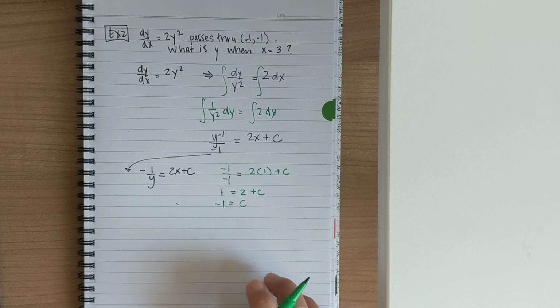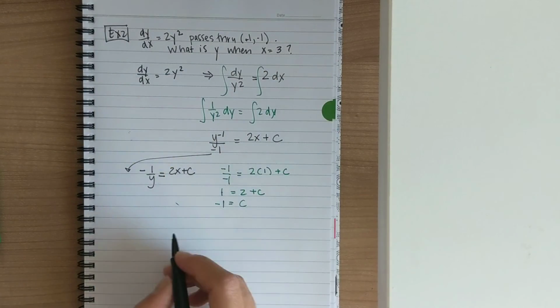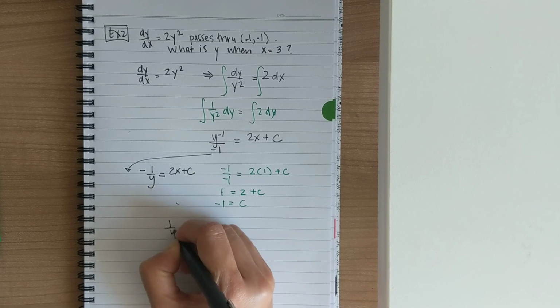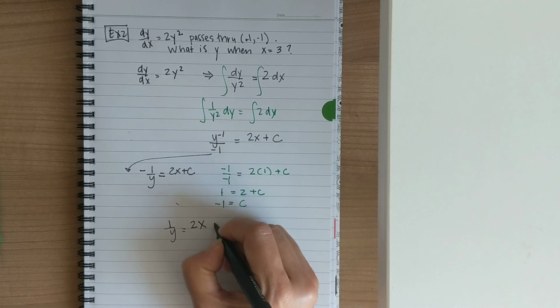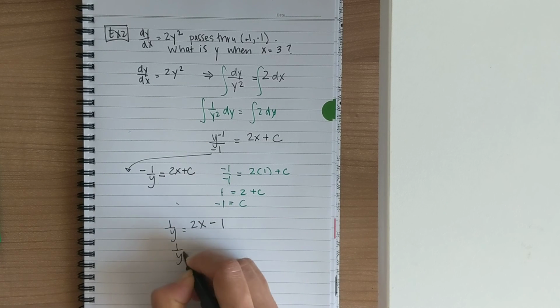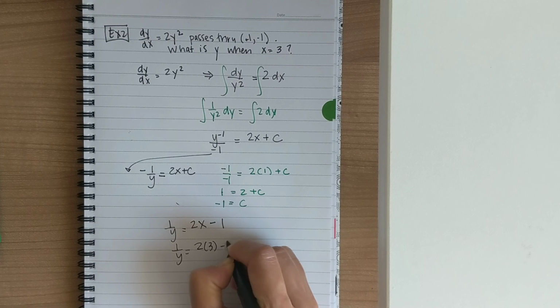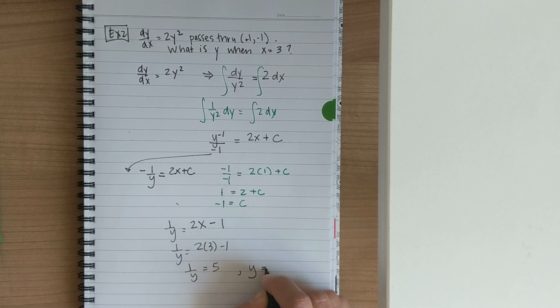So now, what is y when x equals 3? When I plug in x equals 3, I get 1 over y equals 2x minus 1, because c is now minus 1. So when I plug in 3, I get 1 over y equals 6 minus 1, which is 5. So I can switch these two so that y equals 1